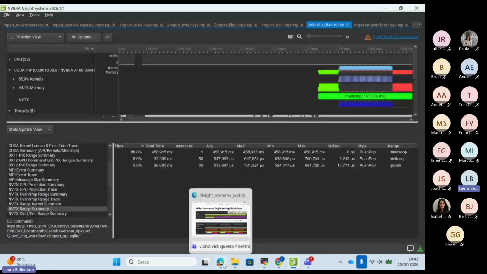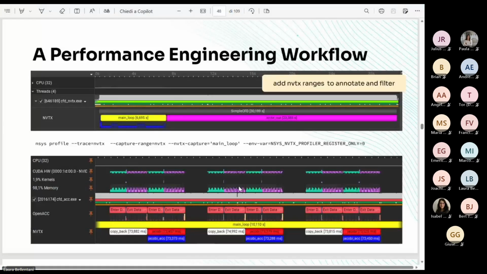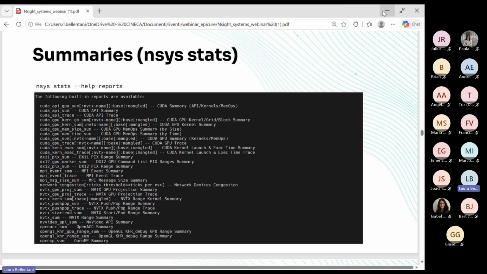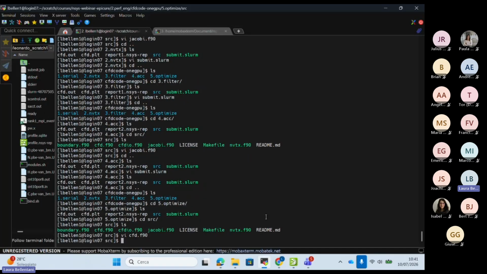Okay, so let's now, the slide basically recaps a bit what we saw. So far I showed how to generate a statistical summary from the GUI. You can actually generate a statistical summary also from the